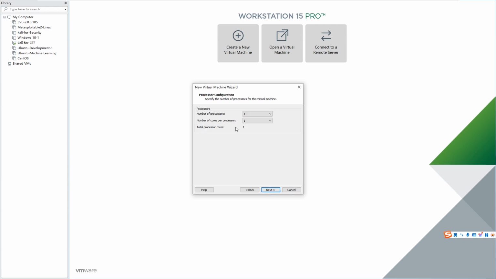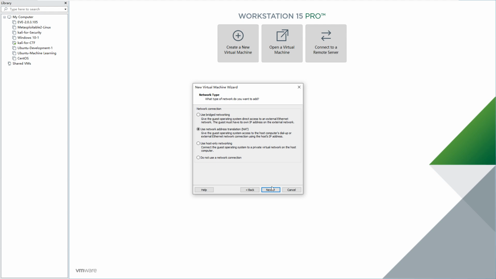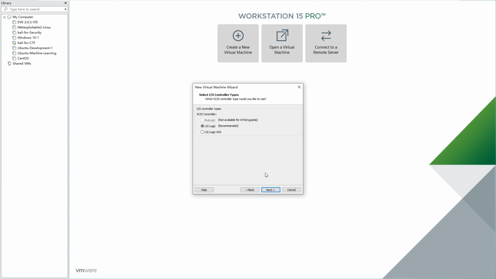And then for the processor configuration, we just leave it as the default value. Click next. And for memory, we just do the same. Click next. And we can click next. At this moment for network, later we can change it to what we want, and we can click next, next,